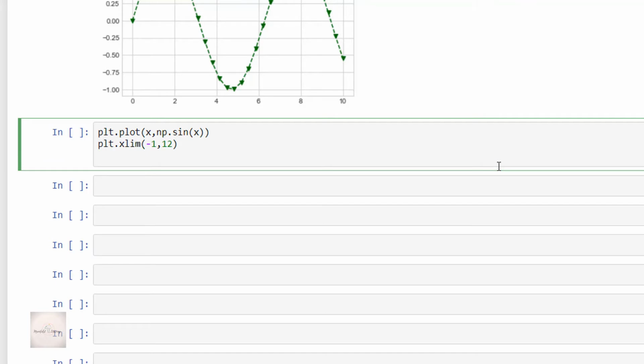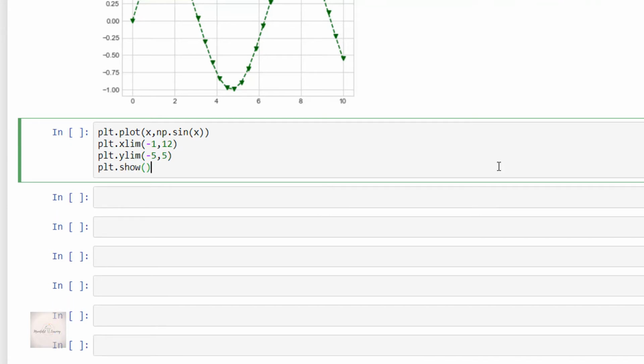What I'm doing is specifying the range of the x-axis, that is it should be between -1 and 12, and then plt.ylim(-5, 5). Here I'm specifying the range of the y-axis, that is it should be between -5 and 5, and finally it is plt.show.